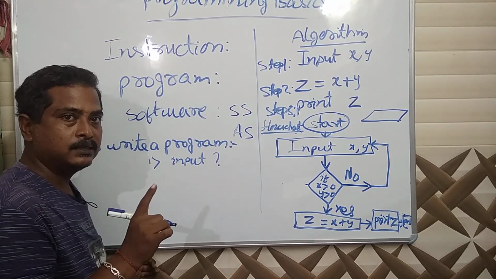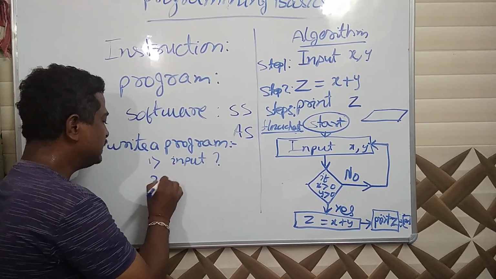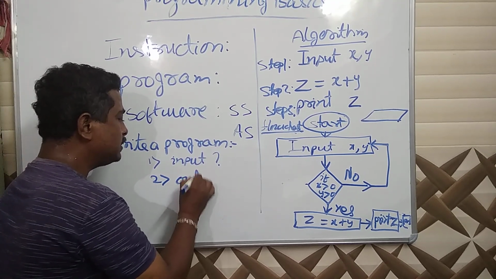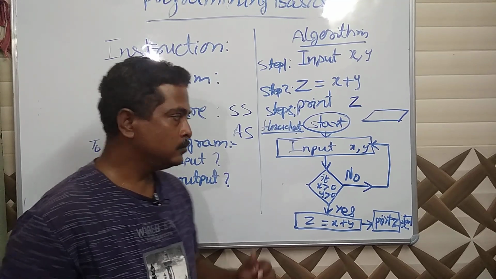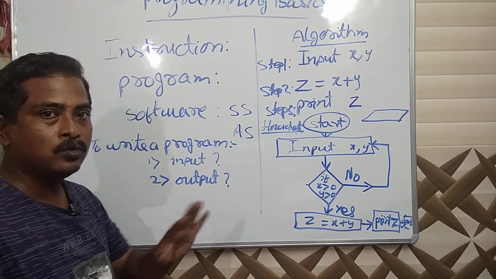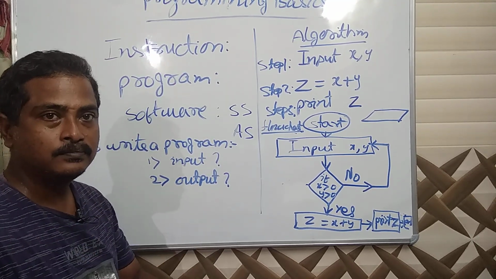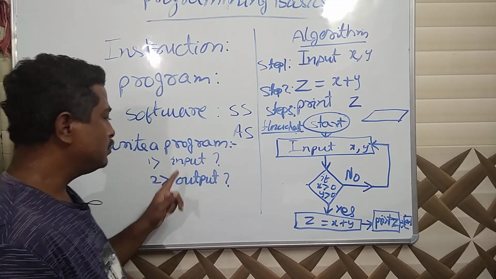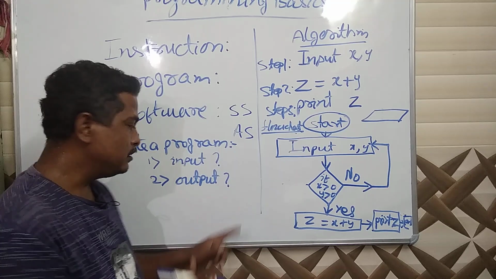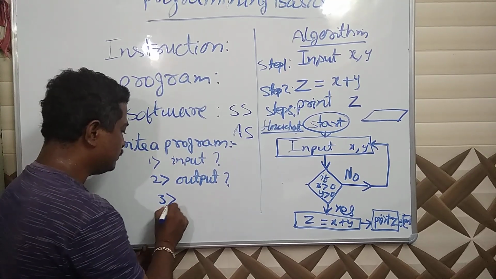First you understand what the inputs are. Second step, understand what the output is. Without understanding these two, don't start the algorithm. Okay, so if you understood the input and what you need, third step, write the algorithm.